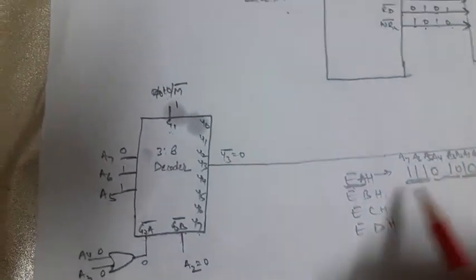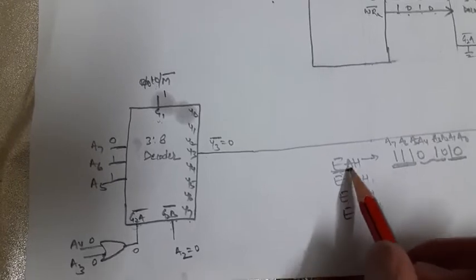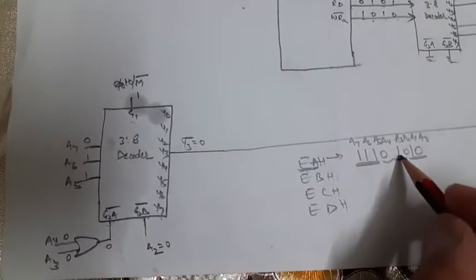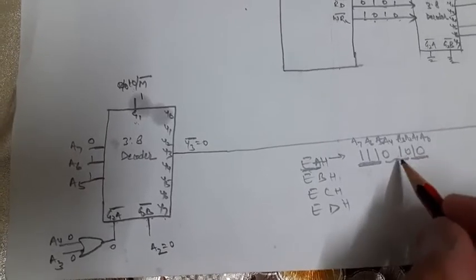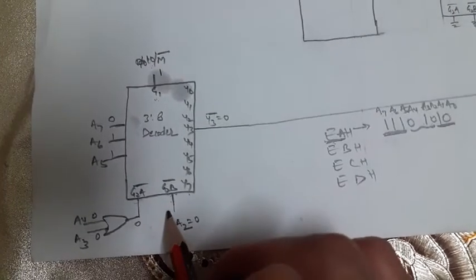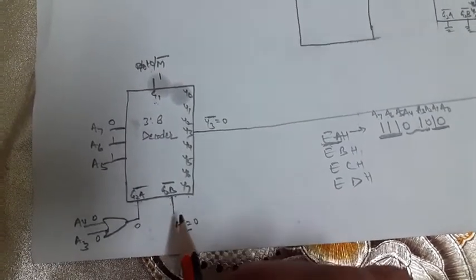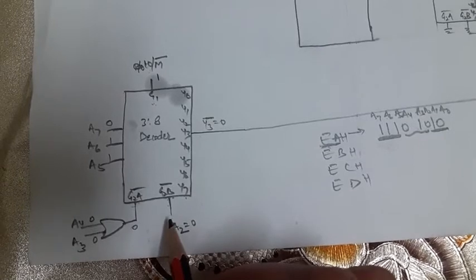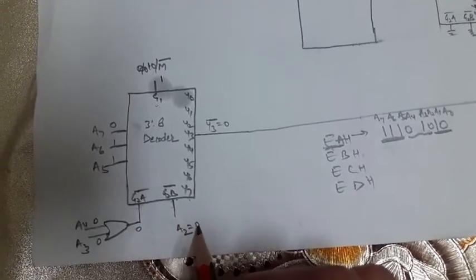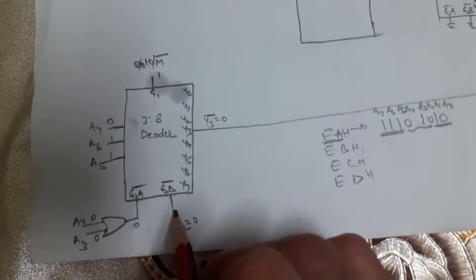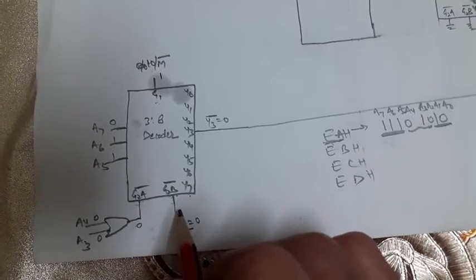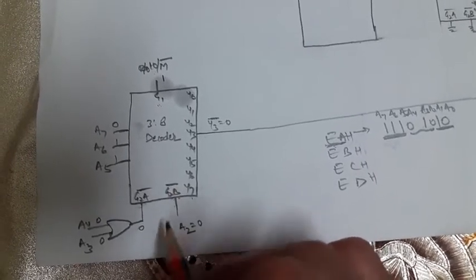Suppose we have taken some other address over here, which would have become 1 1 1 0 EE. If A2 has the value 1, then we can connect it through an inverter. I have done this in the interfacing of 8255. So if A2 has value 1, we connect A2 by putting an inverter, which converts the value into 0, and that 0 will go to this G2A bar.